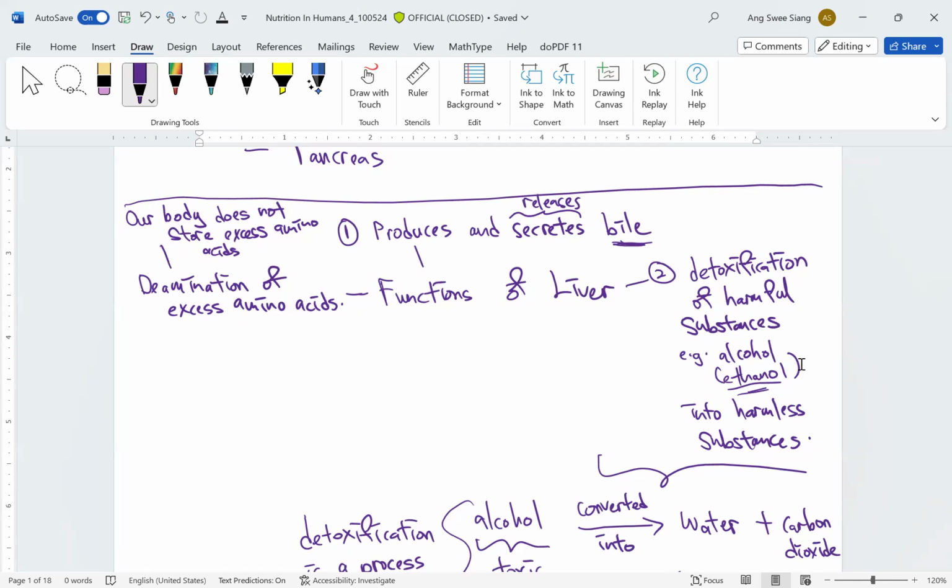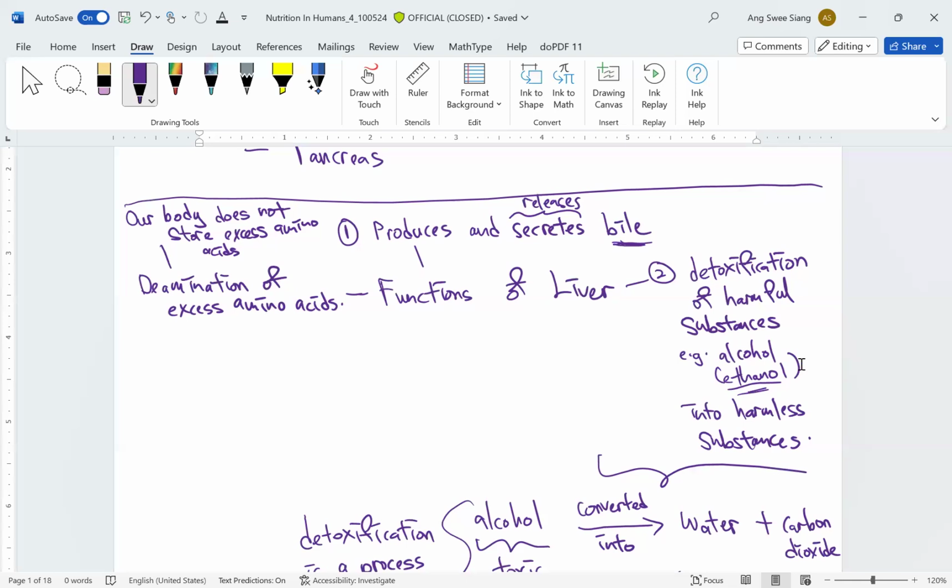Okay, this amino acid may also be absorbed by the body cells to synthesize proteins, to synthesize hormones, and so on and so forth. So we have already learned what the functions, or the roles, of proteins are in humans. I'm not going to write them down because you should have already learned all these things. The main thing that I want to recap and emphasize today is